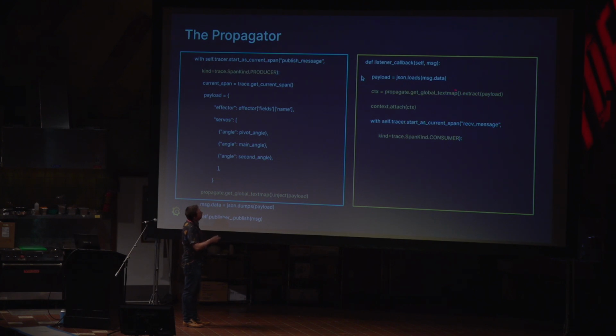We're pulling the context out of the payload, attaching it, and saying, OK, start a new span. And we're setting this as the consumer, and this one is the producer. Okay? What this means is that it will then draw a map in Grafana Observability, or whatever other tool